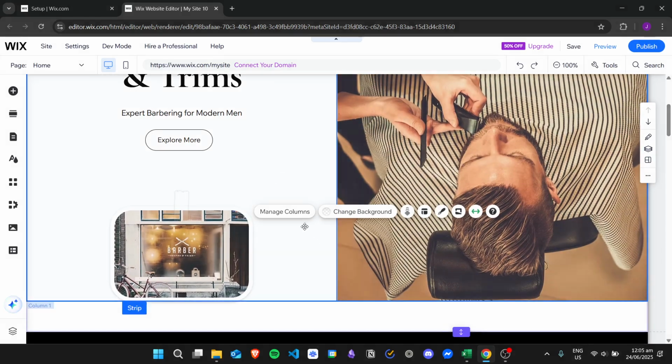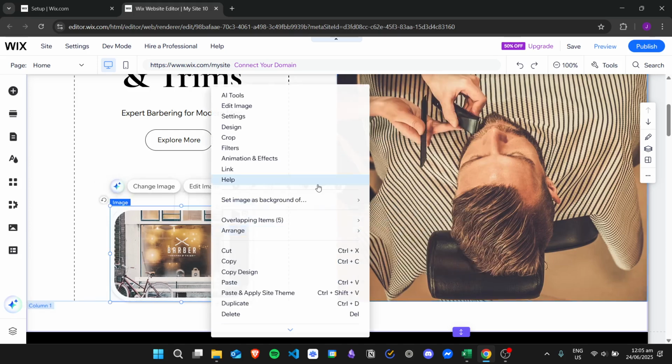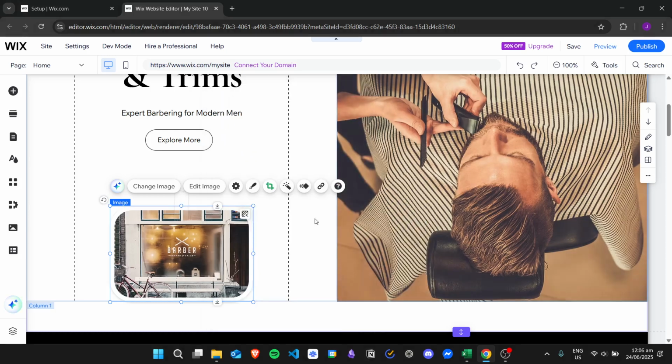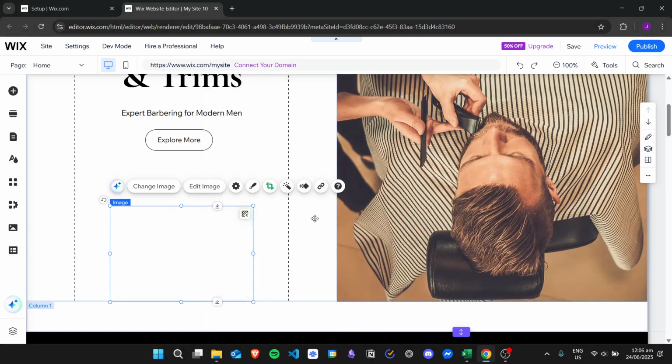But if you want to choose things more easily, for example, I will choose this image. What you can do is just right click on your mouse and then you will find here the overlapping items. And then once you hover on this, you can choose the specific element that you want to delete. Since you want to delete the image, you can just click on image and then click again on the delete